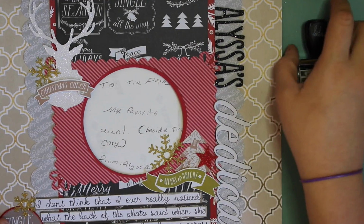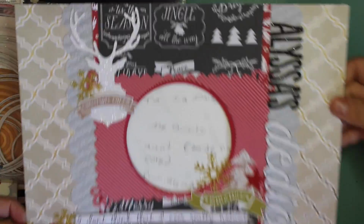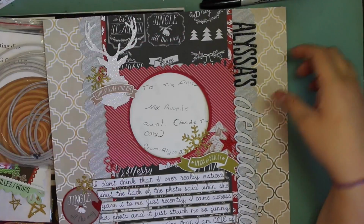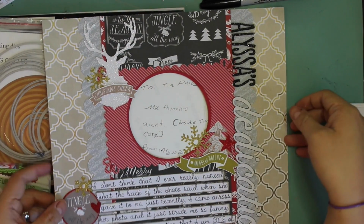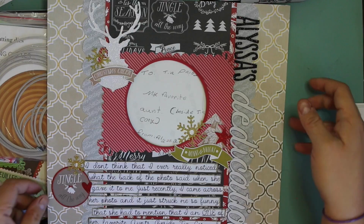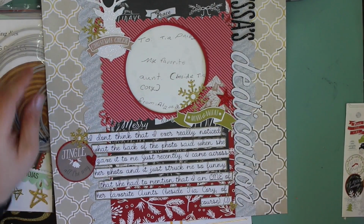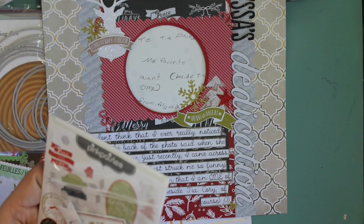All right, so I am officially done with this layout. I went ahead and did a couple of extra things, and I'm going to explain what I did. I believe that when you last saw the video, I hadn't added a third cluster embellishment. And so I decided to use one more of these embellishments that came from, I believe, the 2014